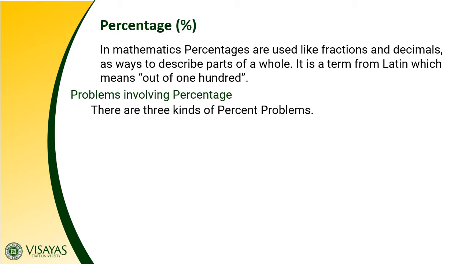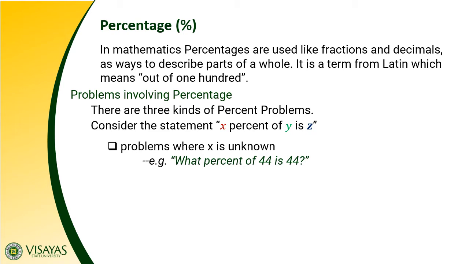Let us take a look first and consider this statement. X percent of Y is Z. As you can observe, the variables X, Y, and Z are highlighted. It's because these three determine the three kinds of percent problems, because it could be that X is the unknown, Y is the unknown, or sometimes Z is the unknown. When X is unknown,